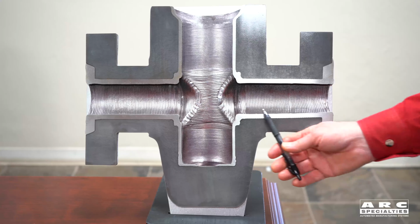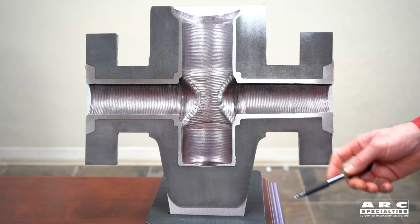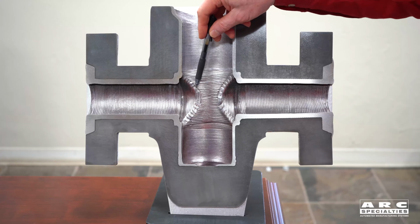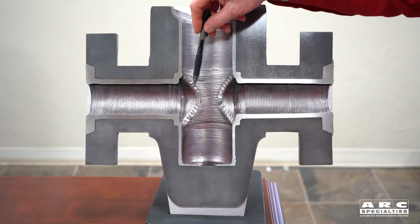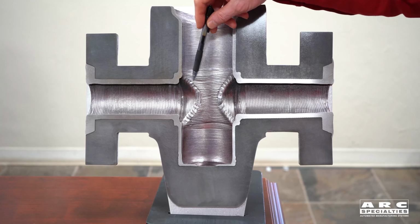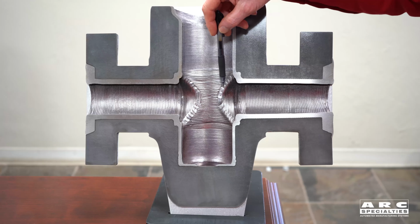It's easy to achieve 6-8 pounds an hour on straight bores. The problem is the intersecting bore and the seat pocket of the valve. We're starting and stopping on the edge. And so if we start at our high current, we'll melt the edge away. We'll ruin our chemistry. It won't clean up when we come back to machine it. So we ramp up our travel speed, our wire feed speed, amperage, everything is coordinated so we can build up this edge. We come around, and when we stop,